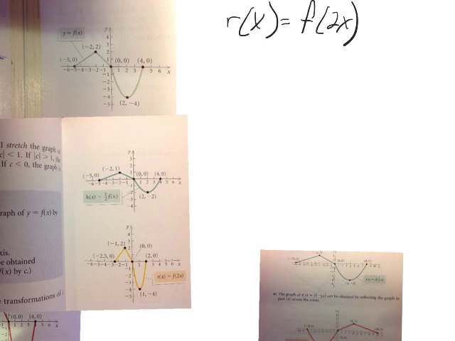Okay, so because that 2 is in here, then we're going to use the horizontal stretching and shrinking. And because that 2 is greater than 1, we've got a shrinking horizontally. So notice what happened when it shrunk. The distance between here and here changed. See, up here it was 0 to 4. Here it was 0 to 2. Okay, so it shrunk